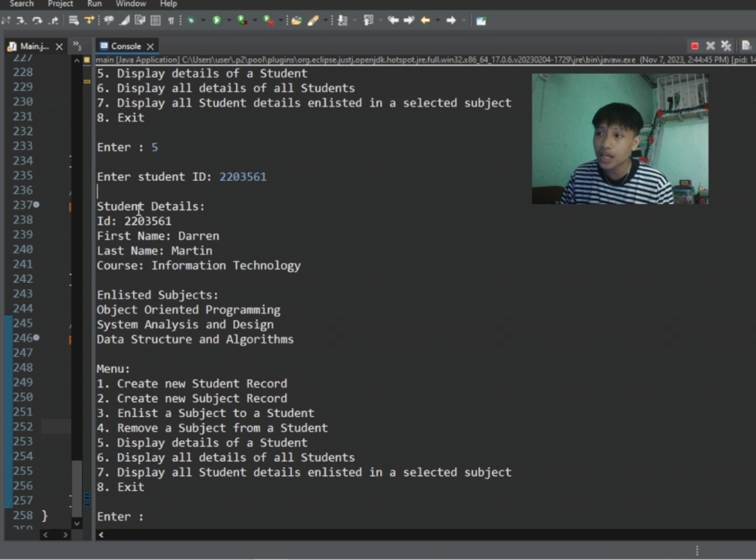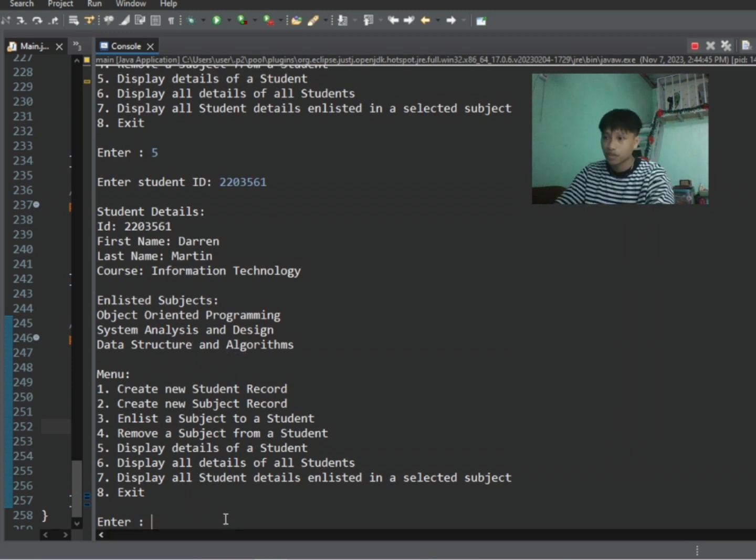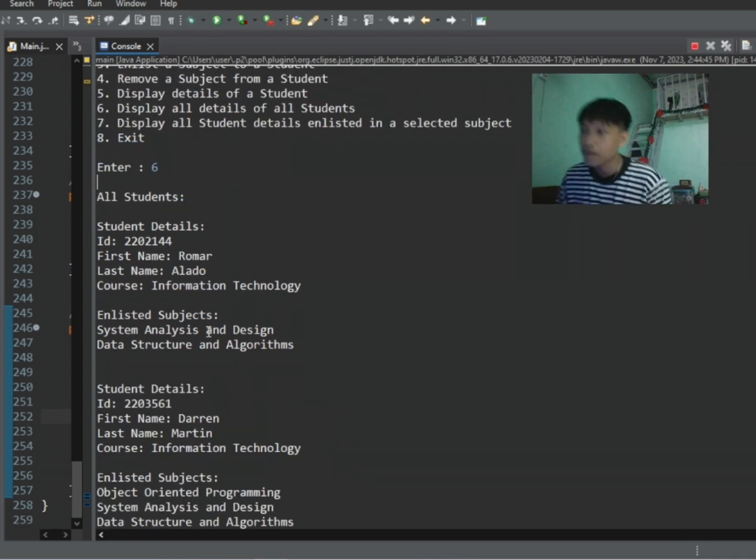So, may lumabas ulit na panibagong student details. Ganun pa rin, may ID, first name, last name, course, and listed subjects, which is yung object-oriented programming, system analysis and design, and data structures. So, next, try naman natin ilagay yung 6. So, pagka-enter natin ng 6, lumabas na yung lahat ng student details. Ayan. So, pagka-enter natin ng 6, lumabas lahat ng details ng students, which is yung kay Romar Alado and yung